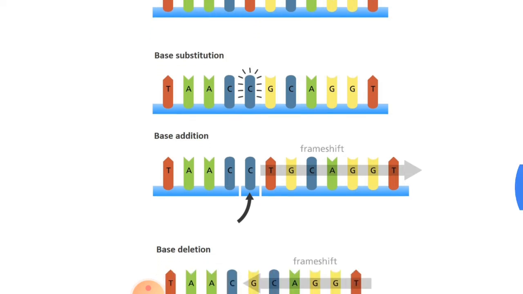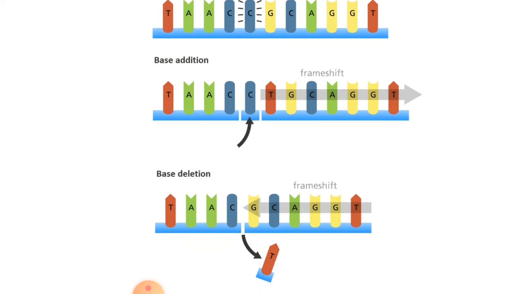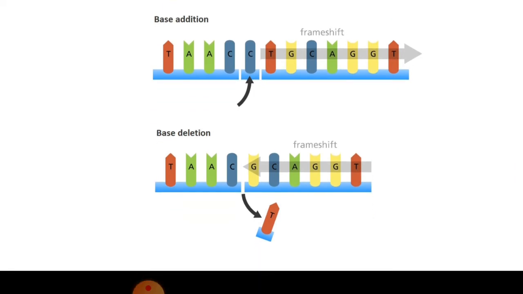Right? Now you see here deletion, T, A, and then C, and after that the second C is removed, or this T is removed. So one thing is missing now, this T is missing here. So again there's going to be a frame shift, but in both the pictures you see the frame is being shifted in the opposite direction. In the upper one it is being shifted towards the right side, and in the lower one it is being shifted towards the left side.